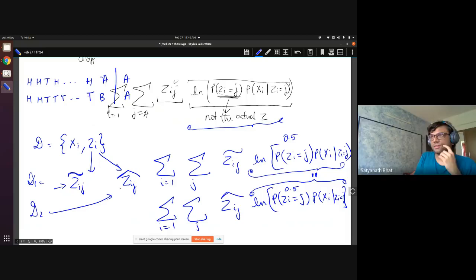Yes, sir. So this is what I'm saying. This is Zij tilde. This is Zij hat. This can happen, right? Because you can get the same sequence from either coin. Sometimes it is not very likely that you will get this sequence, but it can happen. You can have two different assignments here.